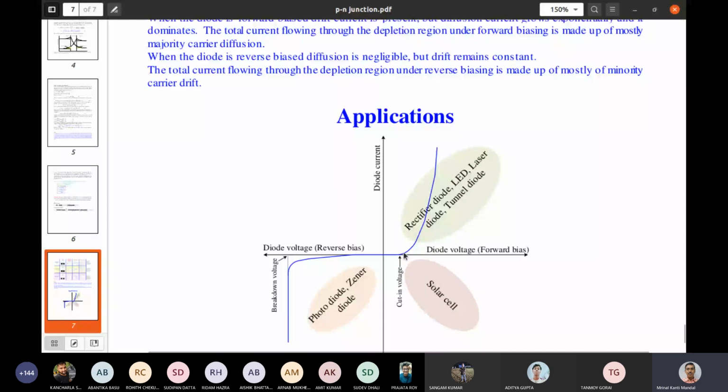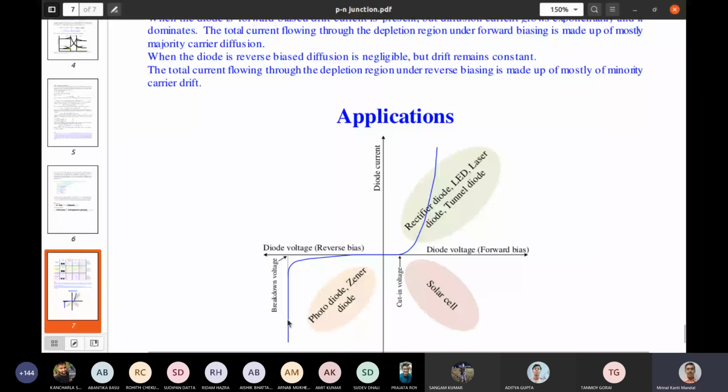Now the application of this in the first quadrant: when the diode is under forward bias condition, then it can be used as a rectifier, LED, laser diode, tunnel diode, etc. These are the specific applications of diode in forward bias condition, that is rectifier diode, LED, laser diode or tunnel diode, etc. In case of reverse bias,